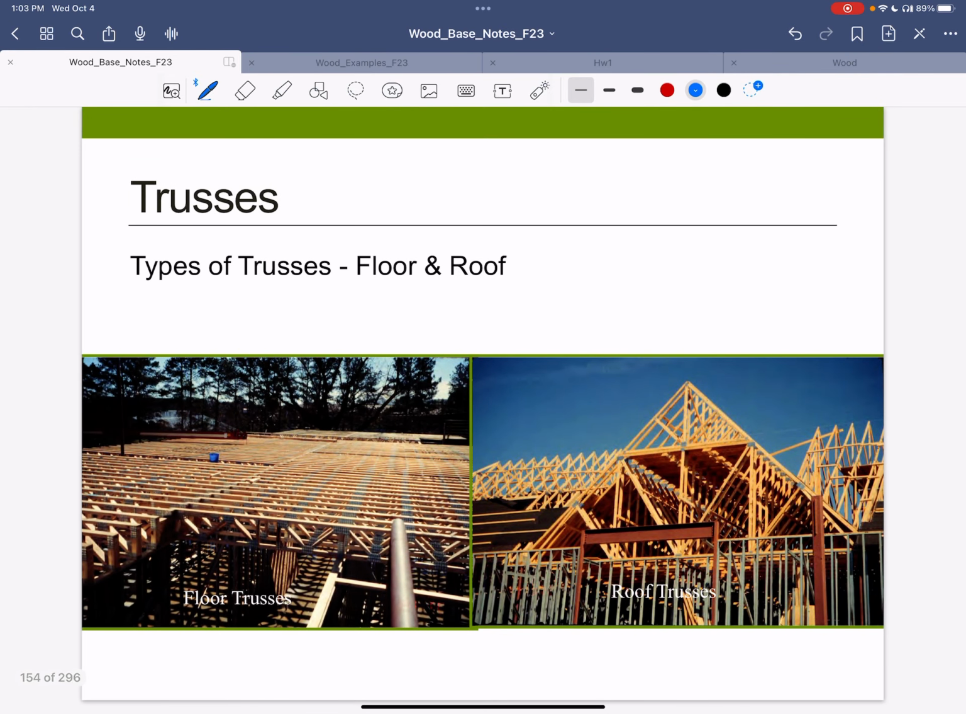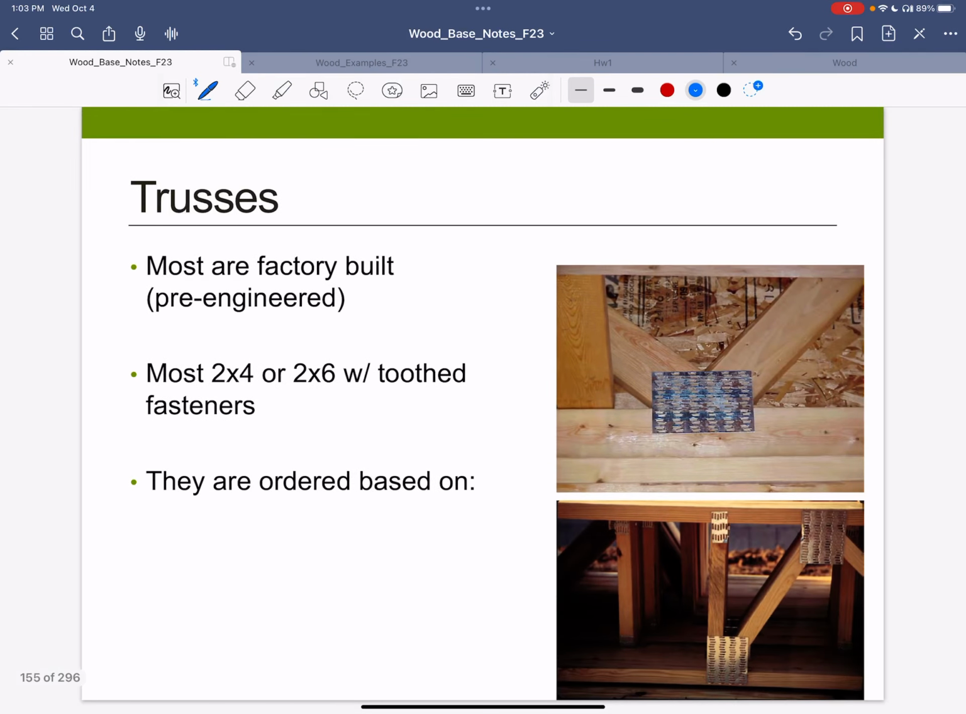So, engineered wood products. One of the things you'll see delivered to site already prefabricated is trusses. So whether those are floor trusses or roof trusses, this is pretty common even in residential construction to have these prefabricated. It saves a lot of time. So these are built in the factory. You can see that they're basically 2x4s or 2x6s, and they're connected with these kind of toothed fasteners. So you can see these at a lumber yard anytime or out on site,